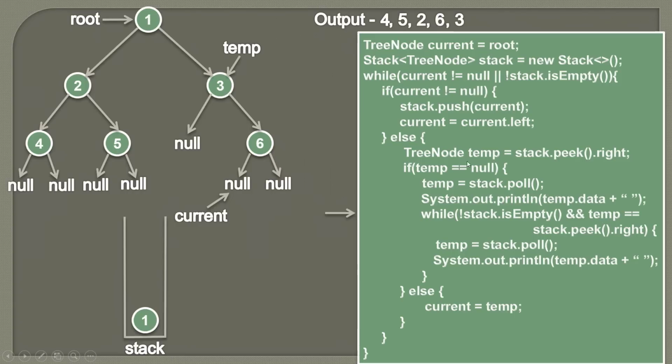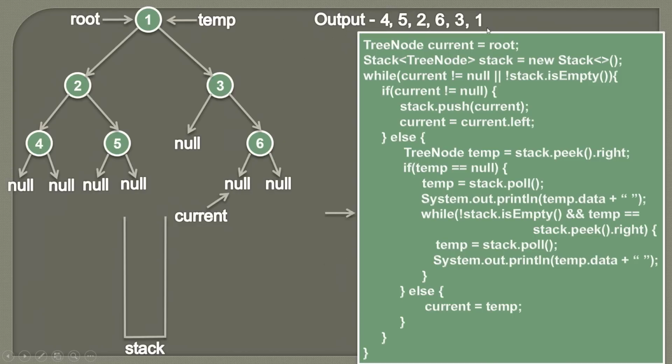So here again we are simply checking whether temp is pointing to its parent's right or not. So here stack.peek will give us 1, its right will give us node 3, and temp is also pointing to node 3. So this while loop condition will come out to be true and we can simply poll 1 out because we have visited all the left subtree of the node 1 and we have recently visited all the nodes on the right subtree of 1. So we can simply poll the 1 out. Temp will point to 1 and we can simply visit node 1 now. So node 1 will be visited here.